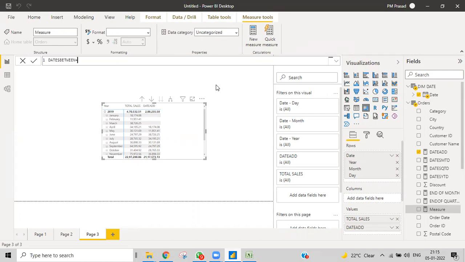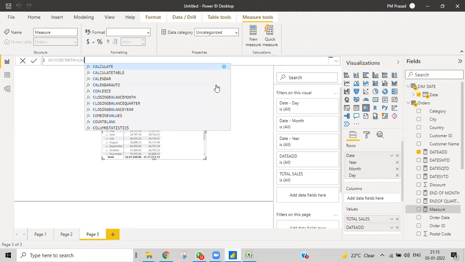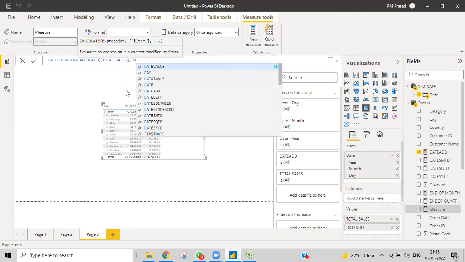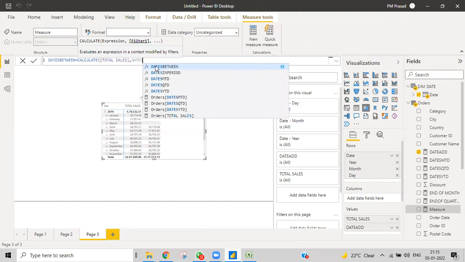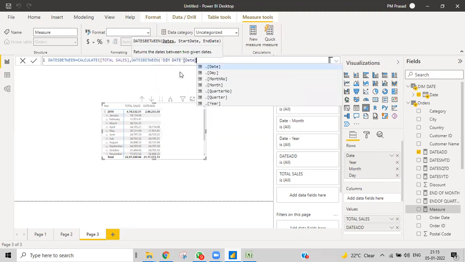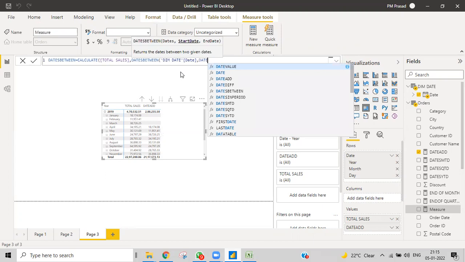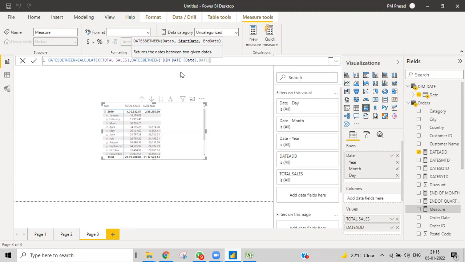DATESBETWEEN equals what we want to do. CALCULATE, again the same, total sales. Then afterwards DATESBETWEEN. Then we need to give the dates, the start date and end date. My start date, we have the DATE function.